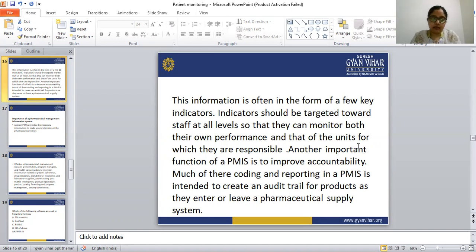In single parameter patient monitoring, we can monitor only a single parameter. Means through a BP machine we can only check the BP of that patient. From the sugar machine we can check the glucose level, how much glucose is present in that particular patient's blood. So these are the single parameter patient monitoring systems.